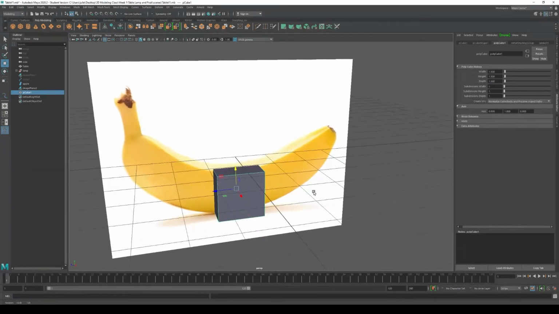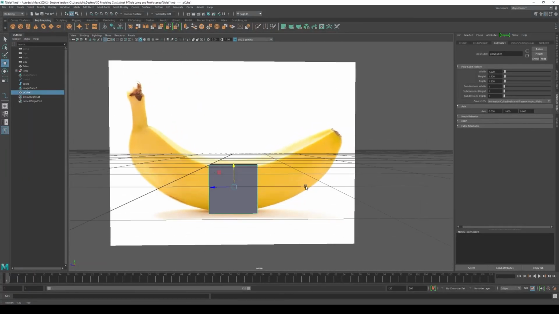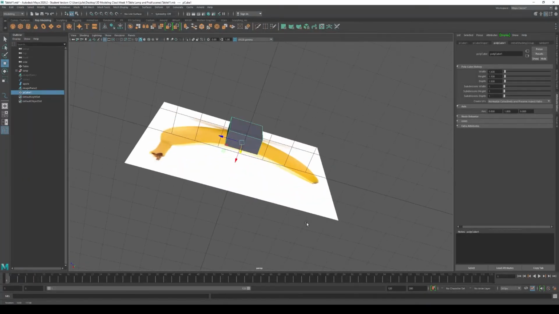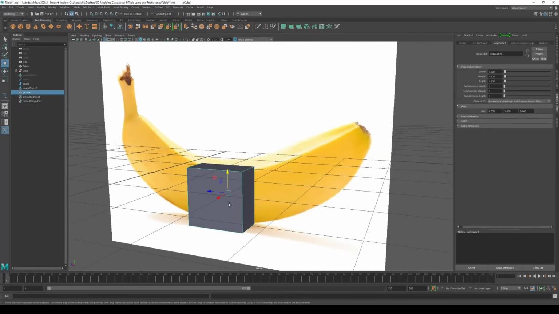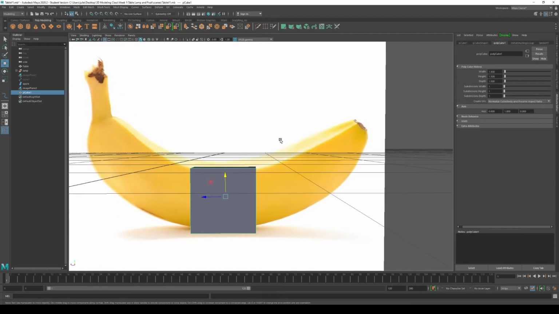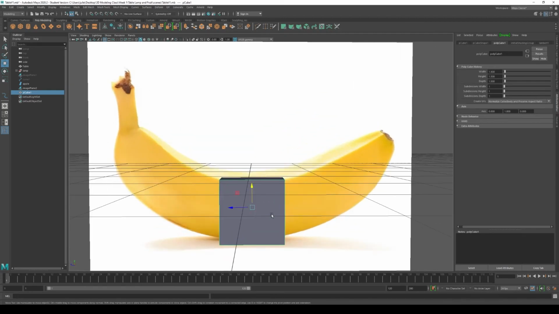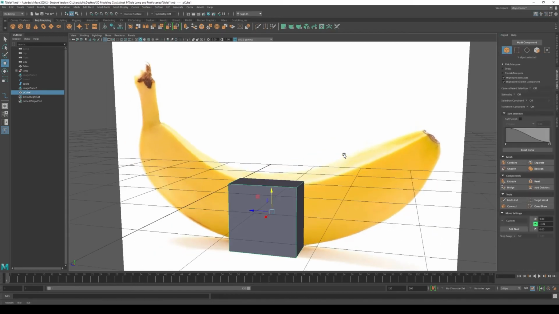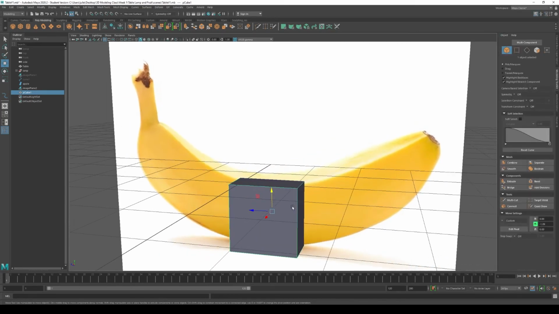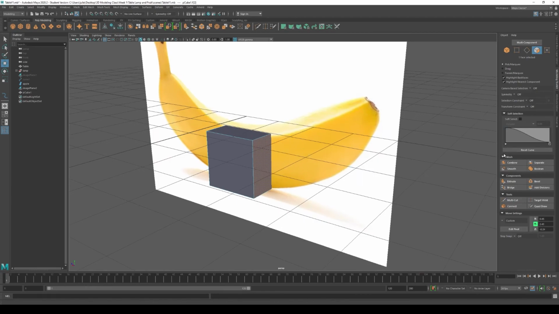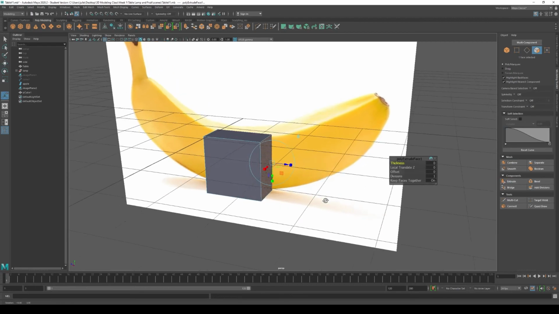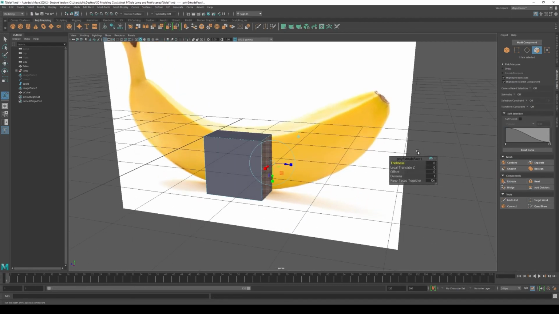Okay, so now that we have our base profile, which is basically the sides of the banana, we're going to evolve this shape into something that looks more like what we want. So to do this, let's go back to the modeling toolkit and let's select our face component. So I'm going to select this side face here. And under components, click extrude. So this poly extrude face